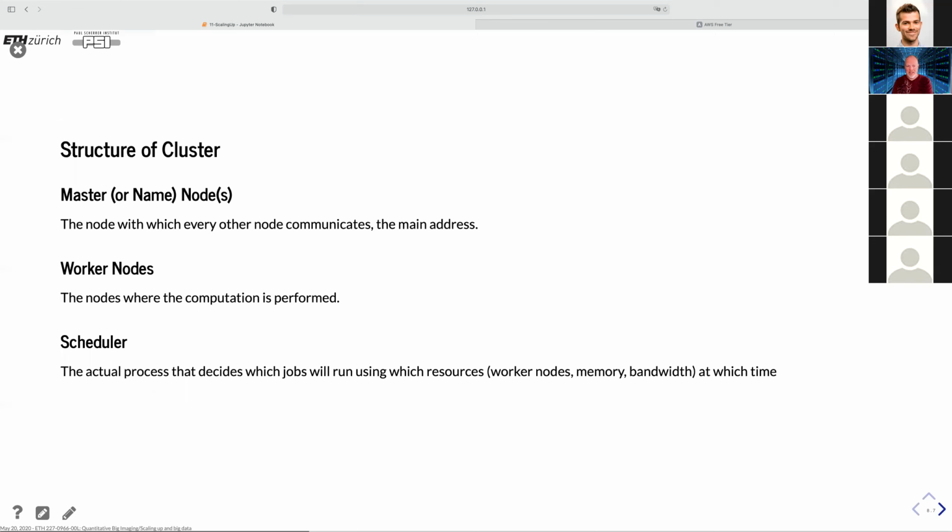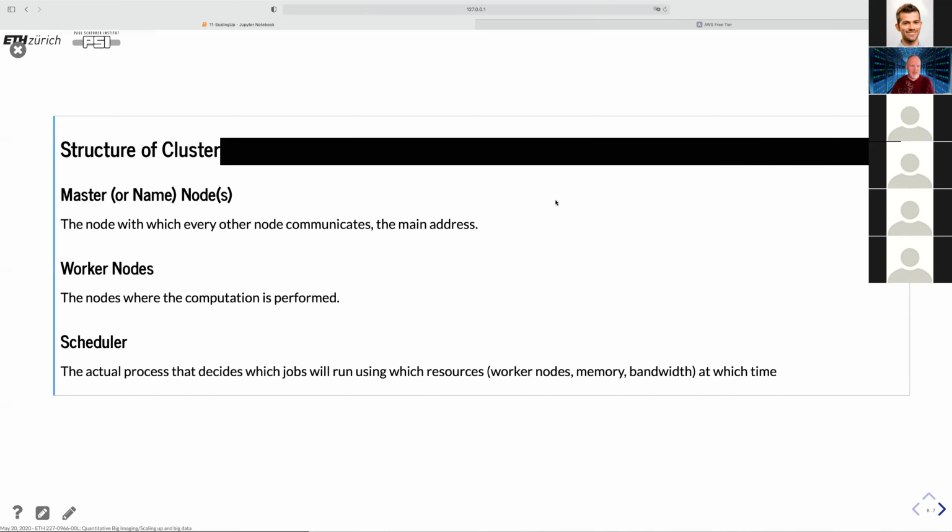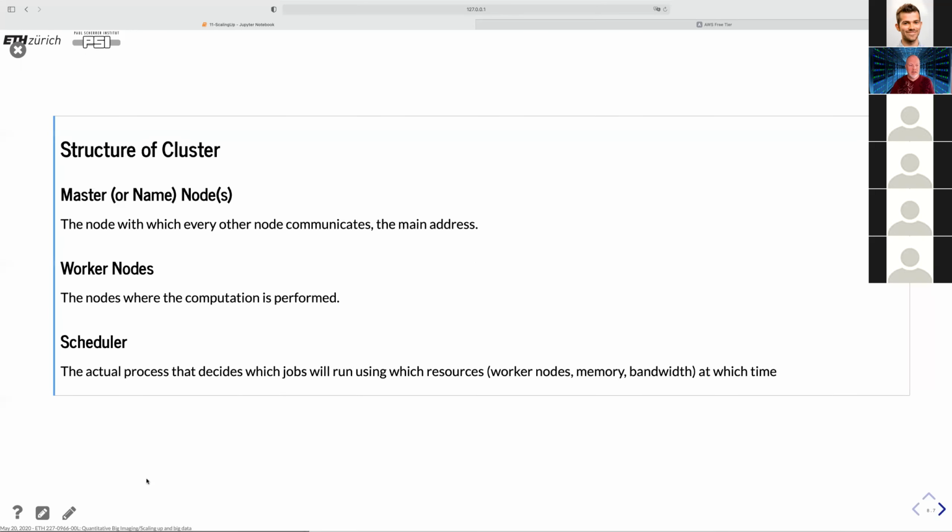When we're talking about a cluster, we have a structure where you have a master or main node. So you have a main node, or maybe several. And then you have worker nodes, many. And they are interconnected. They are sharing resources, like you have a couple of disks that they access and go to. And from the main node, you